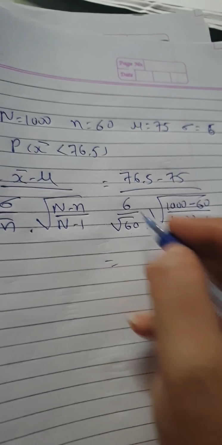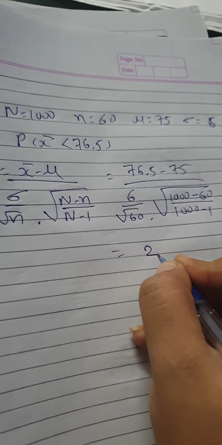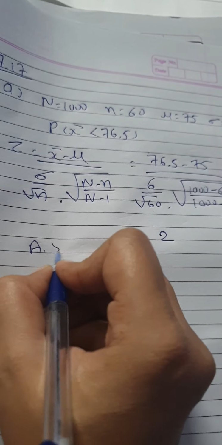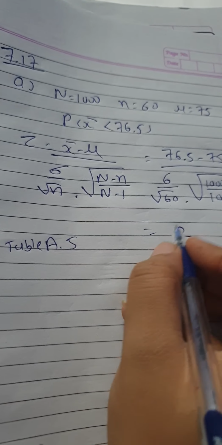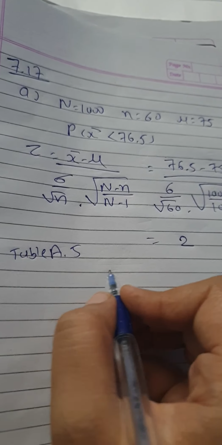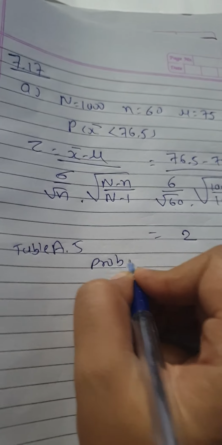If you solve this, you will get the answer of 2. So now you have to go to table number A.5 to get the probability for the 2. Right? 2.0. So the probability will be